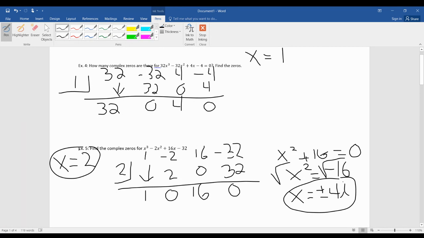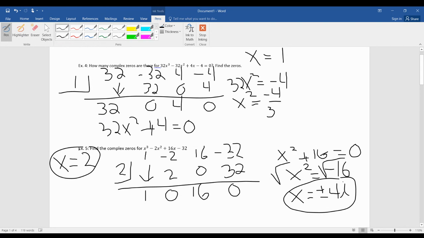So again, our polynomial is 32x squared plus 4 equals 0. I set it equal to 0 because that's what we need to solve. So again, since there's no x term, we're just going to use the square root property. So the first thing we need to do is take the 4 to the other side. So we'll have 32x squared equals negative 4. Then we need to divide by 32, and we get negative 4 over 32, which we know simplifies to negative 1